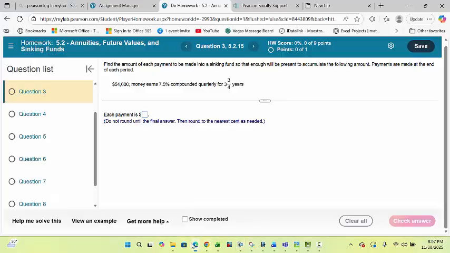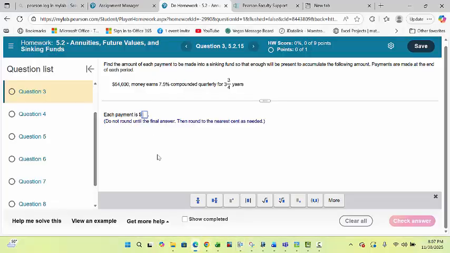315088. Yeah, it did say nearest cent. I have seen problems that you have to be careful in the homework. Not going to be an issue in the test where you're looking at the answers. That's a lot easier, but it may say nearest dollar. I've seen that every once in a while, but